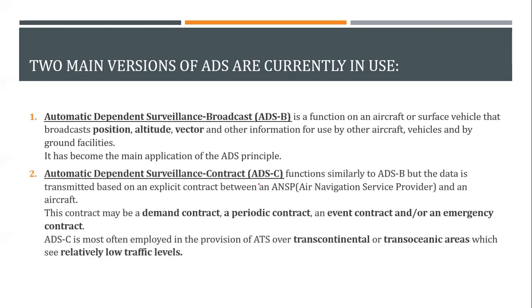Then we have ADS-C. This is known as contract. Why is this contract? Basically, because it restricts all the things. Suppose that we have a contract between each other that I'll only give you the flight level, I'll not give you the speed. That means that this contract is built and we will supply this information only. This contract can be limited to emergencies. This could be periodic. All these things are possible, but of course, this is a topic for ATPL. It will not be asked at your CPL level.